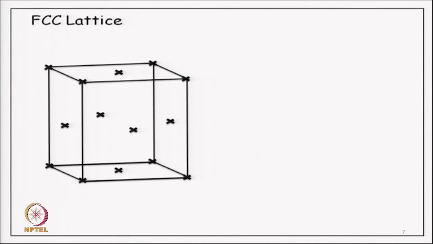I can of course place atoms at each of these lattice points shown here, but we will do it in sequence or in stages. So, let us first identify a 1-1-1 plane of this structure. To do this, we have to first of course assign the axes. So, let us say that these are our crystallographic axes parallel to the edges of the cube: x, y and z. Then a 1-1-1 plane will be a plane which cuts x, y and z